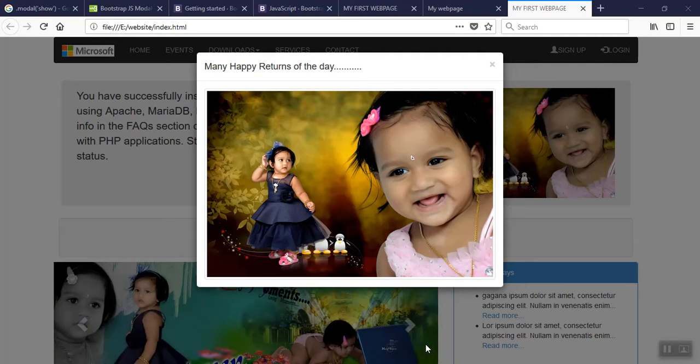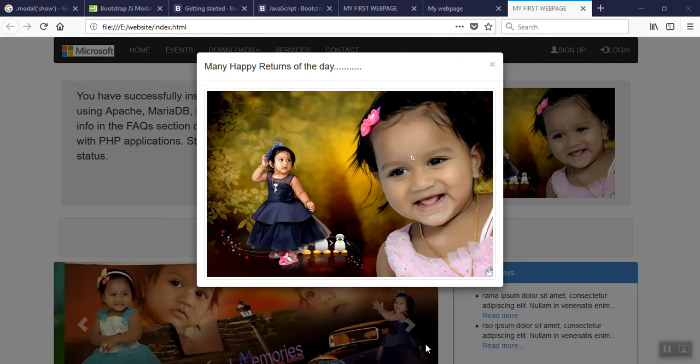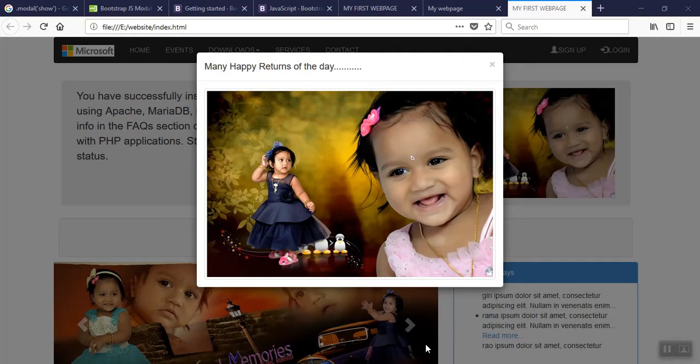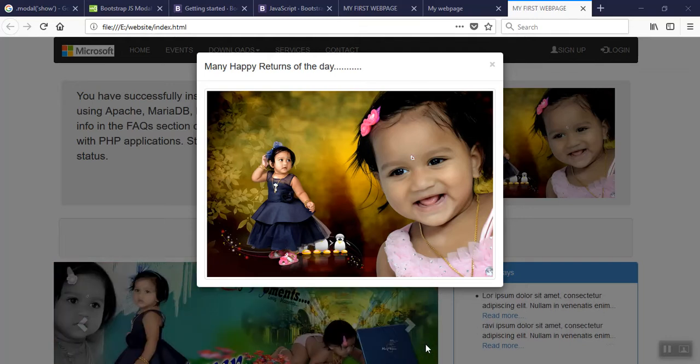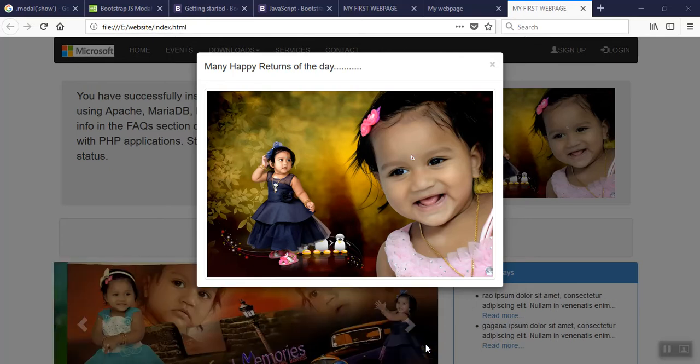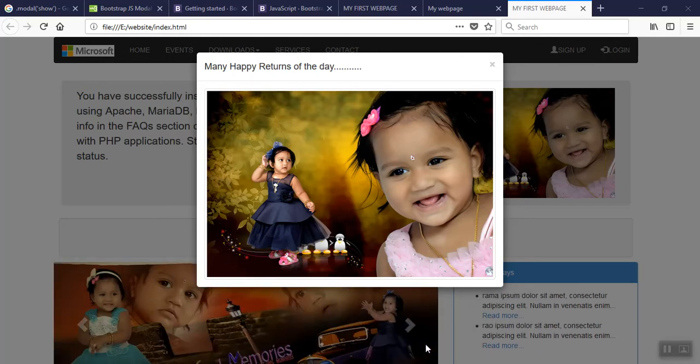So today I would like to show how the pop-up of an image or form appears before the web page. For that, in Bootstrap there is a component called modal. So friends, remember the word modal. Whenever you have a requirement of putting a pop-up, simply